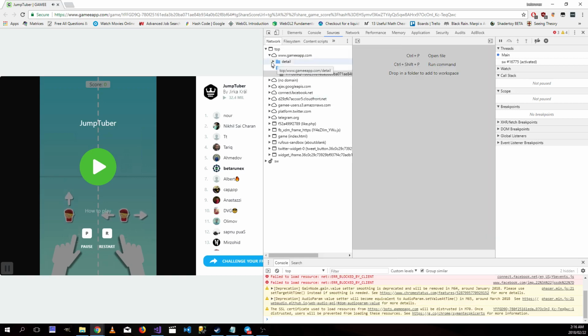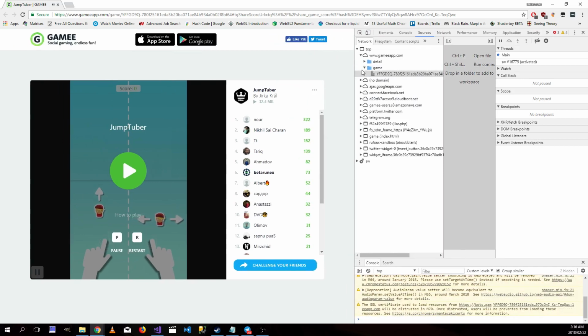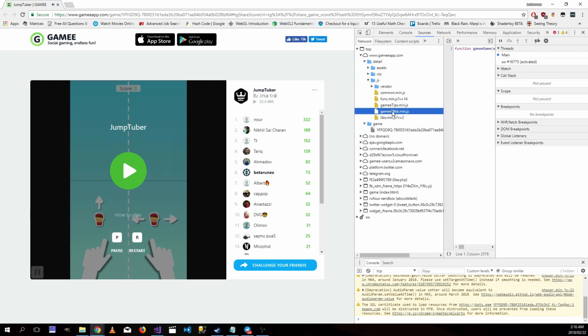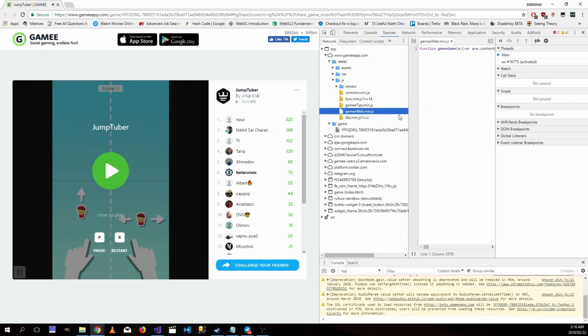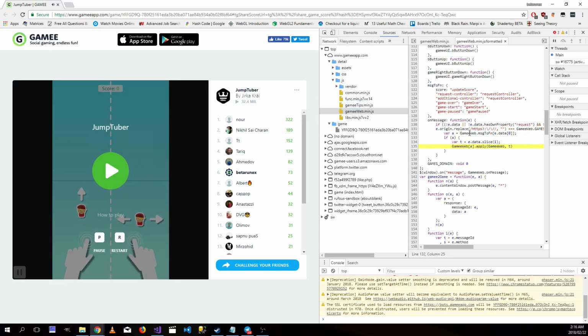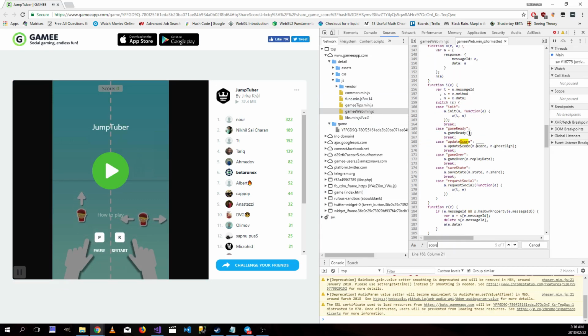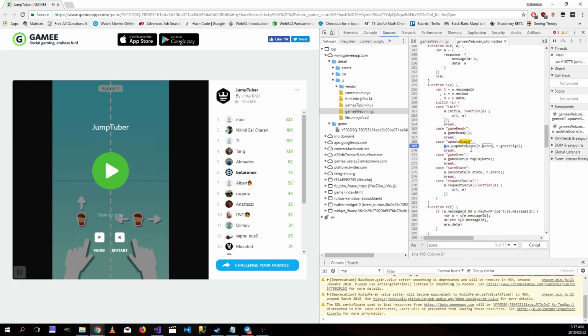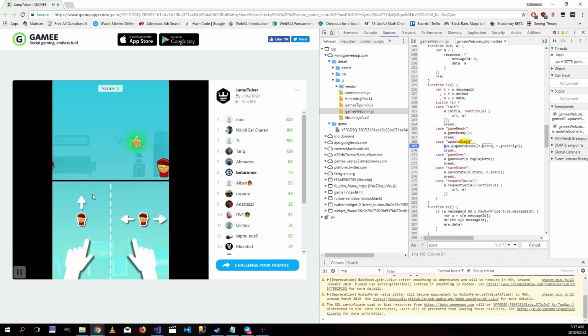Okay, so this game is a little bit different from how we've been doing it previously. In the previous one, in the gamey web thing, we were able to find where we could either update the score over here or over here, one of these two. I think this one was more important for that, but if you have a look over here, when we